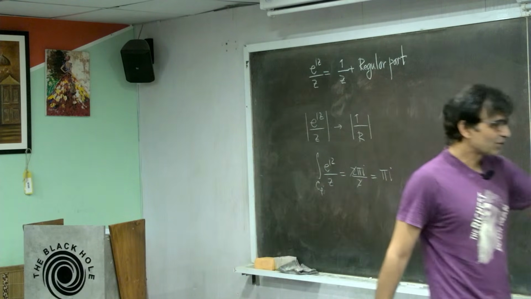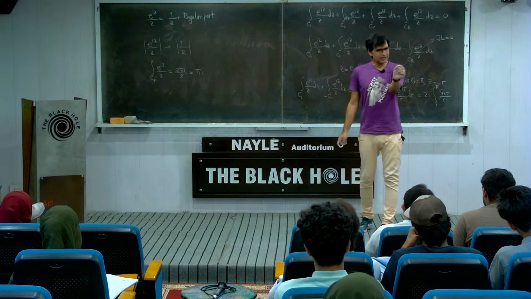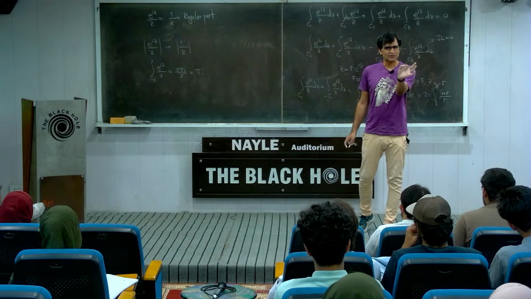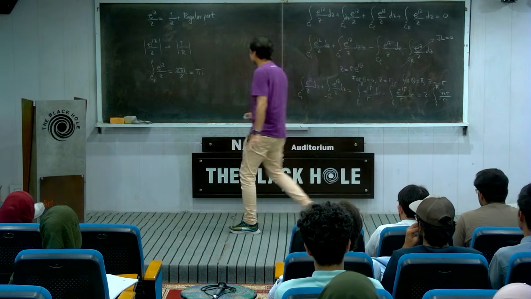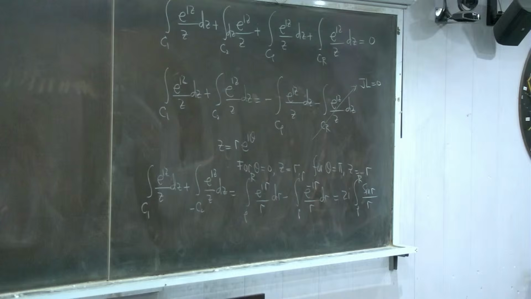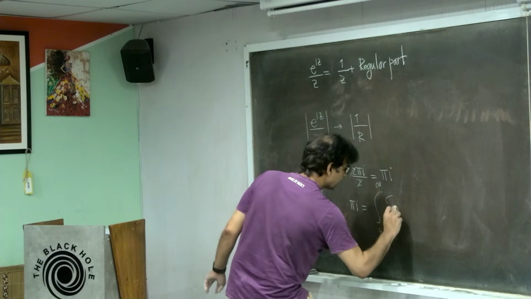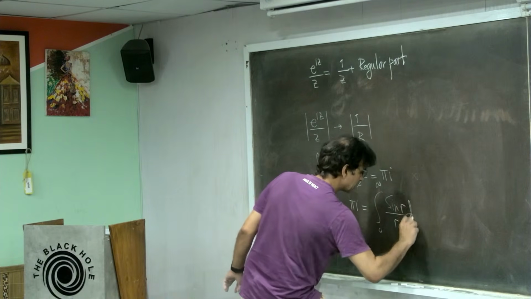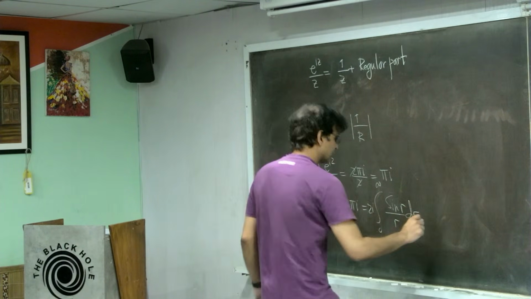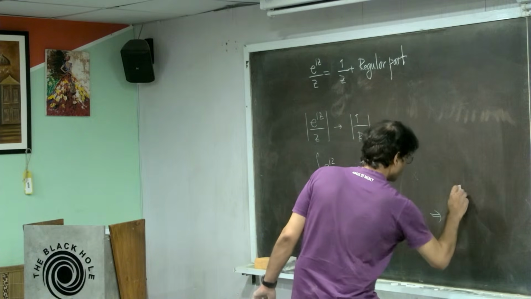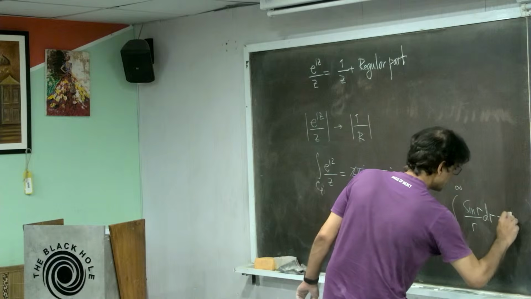Now you take rho to be 0 because you can shrink this and bring it as close as possible to the singularity and take r to be infinite. It means your integral becomes pi iota is equal to the integral from 0 to infinite of sine of r over r dr into 2 iota. So this implies the integral from 0 to infinite of sine of r over r dr is